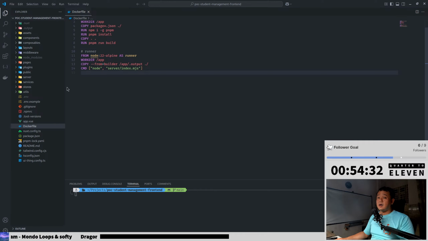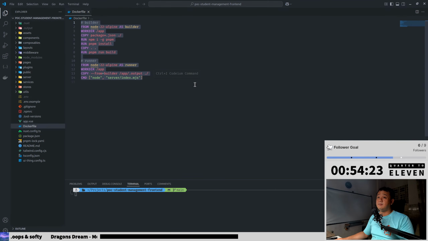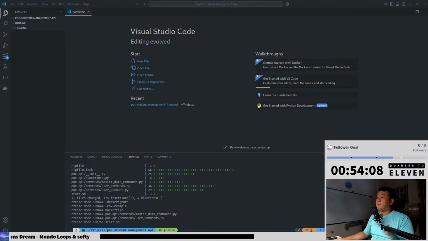If you take a close look at the file structure here, you will see that I already have the Dockerfile ready here. I tested this for quite a while, and it seems to work right now for the builder and the runner. So basically I can build an image for the front end already. That's fine. For the backend,